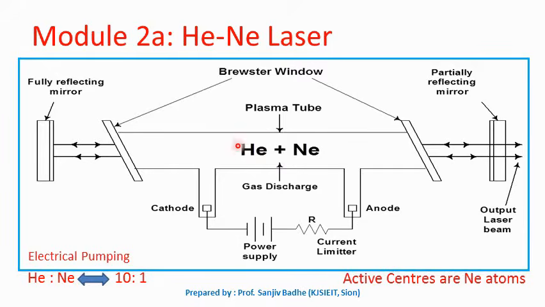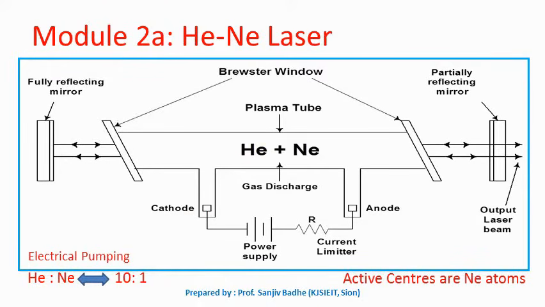What is helium doing here? What is the role of helium atoms in the helium neon laser? We will try to answer this question in the next slide, but at the moment just remember, neon atoms are the active centers and helium atoms just play a supporting role. Secondly, the proportion of helium and neon is around 10:1. So you can see the number of helium atoms will be very large as compared to the number of neon atoms. Again here, if neon atoms are the active centers, why is the number of helium atoms very large? Again, the answer to this question we will discuss in the coming slides.